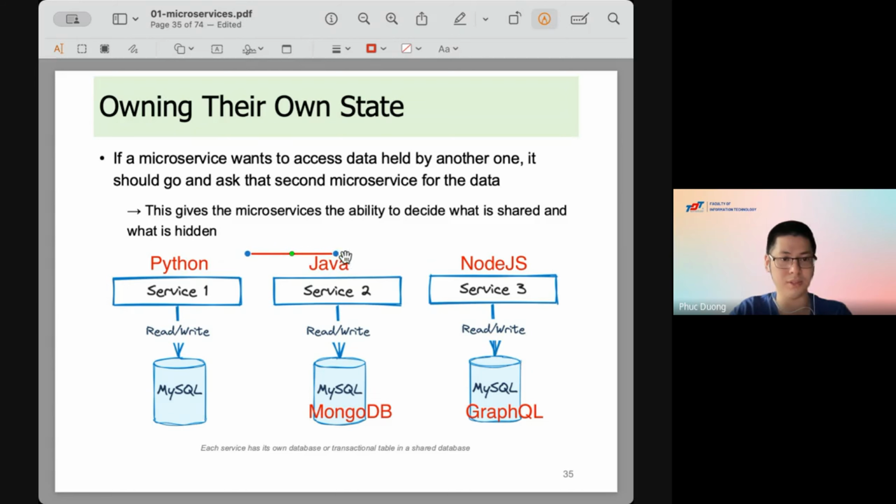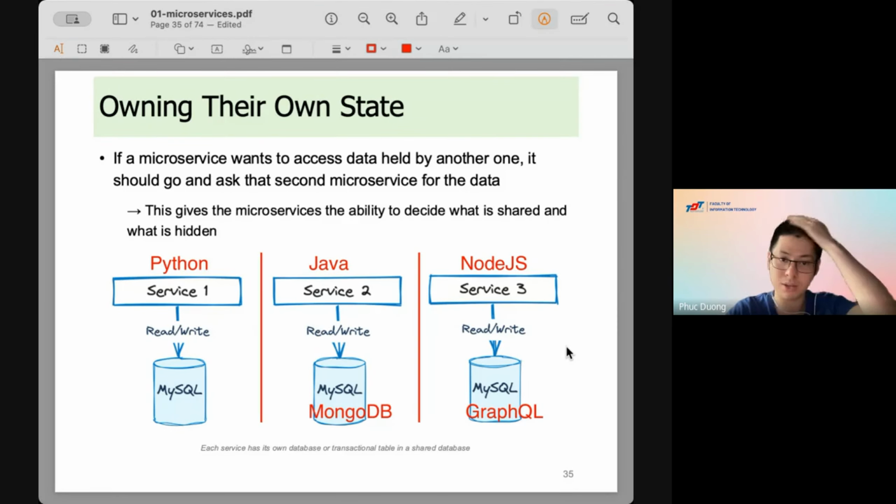In the first one, we have Python and MySQL. The second one, you have Java and MongoDB. And the last one, you have Node.js and GraphQL. And these microservices will now interact with each other